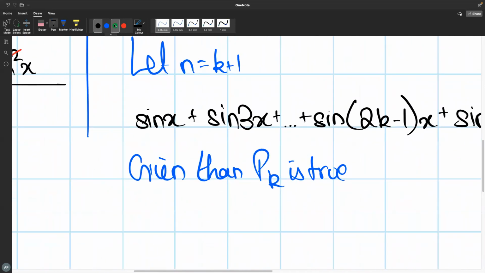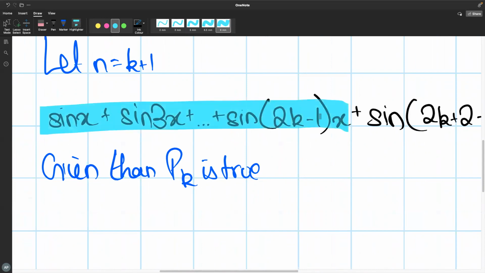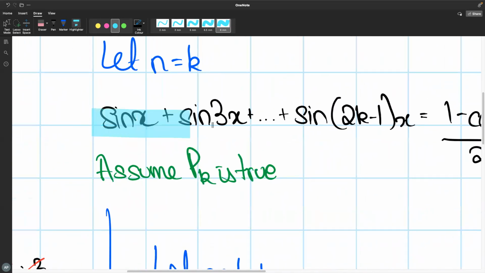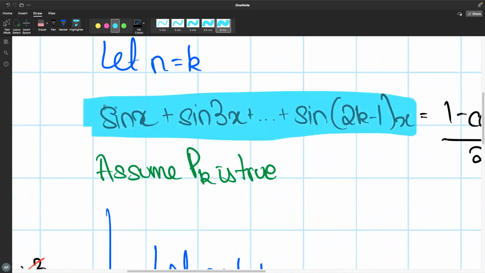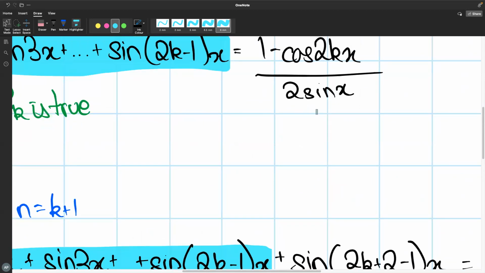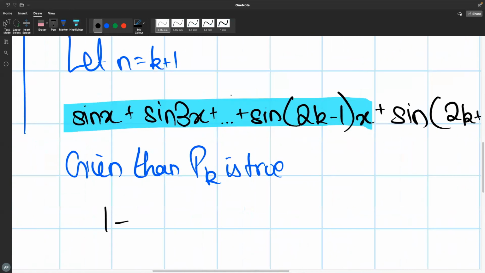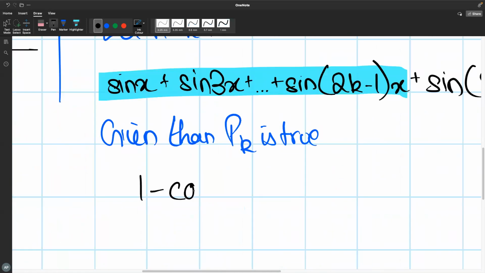Now, this entire part is present in P of k, and since we have assumed that the left hand side is equal to the right hand side, we can sub in the value we have for the right hand side. So that is 1 minus cosine 2kx over 2 sine x